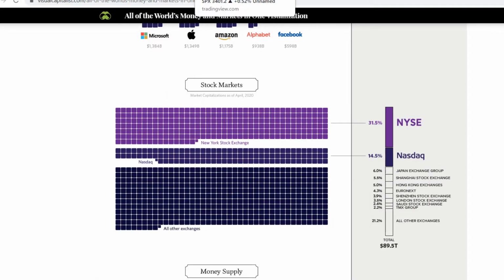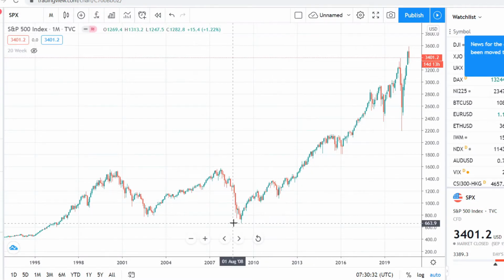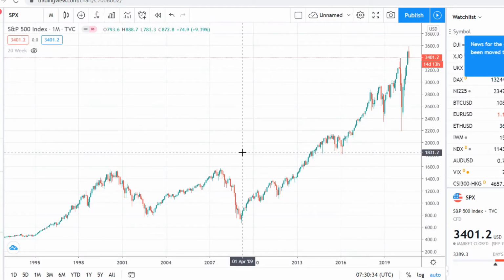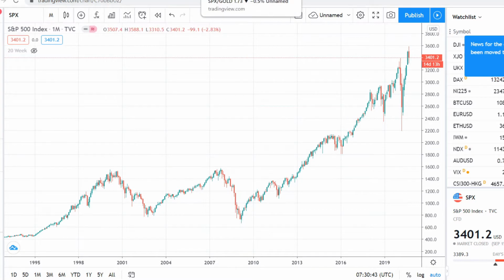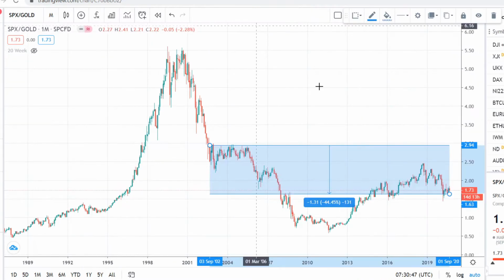But with the dollars that they need to print to keep the Ponzi scheme going and to keep the $300 trillion debt bomb from exploding and collapsing, governments have to devalue their currency and funnel it into the stock market so that we don't have a massive deflationary spiral. But we're going to touch on that one in the second part of the video